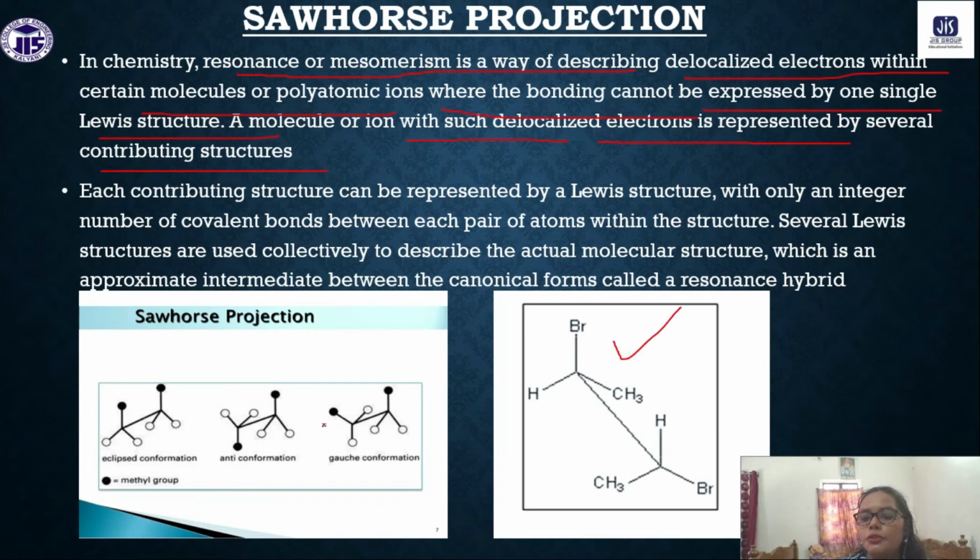So what you have to do, first of all, again the C1 carbon and C2 carbon, we have to draw by a single solid line. Then the CH3 group, Br group, then with the C1 carbon, the methyl group, bromide group and hydrogen groups are added, and with this C2 carbon again the methyl, hydrogen and bromide group are there, right? And if the molecule is represented this way, this is called Sawhorse projection.